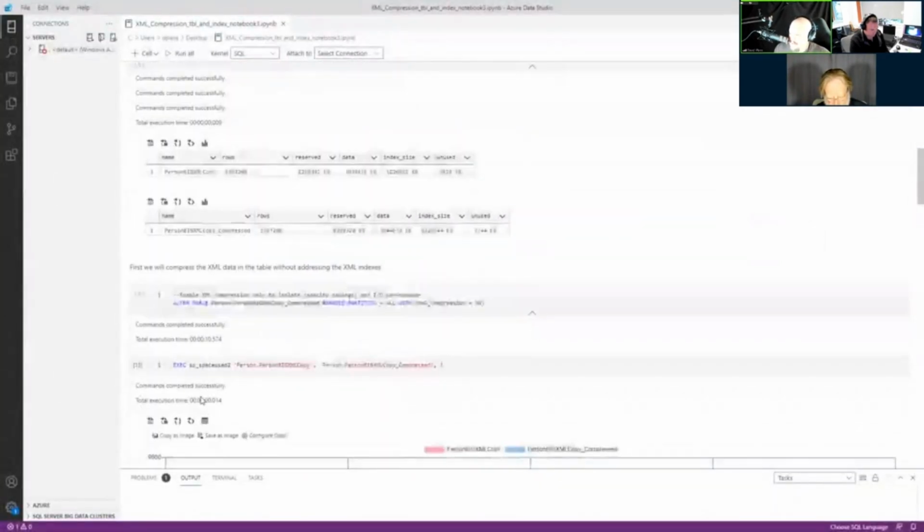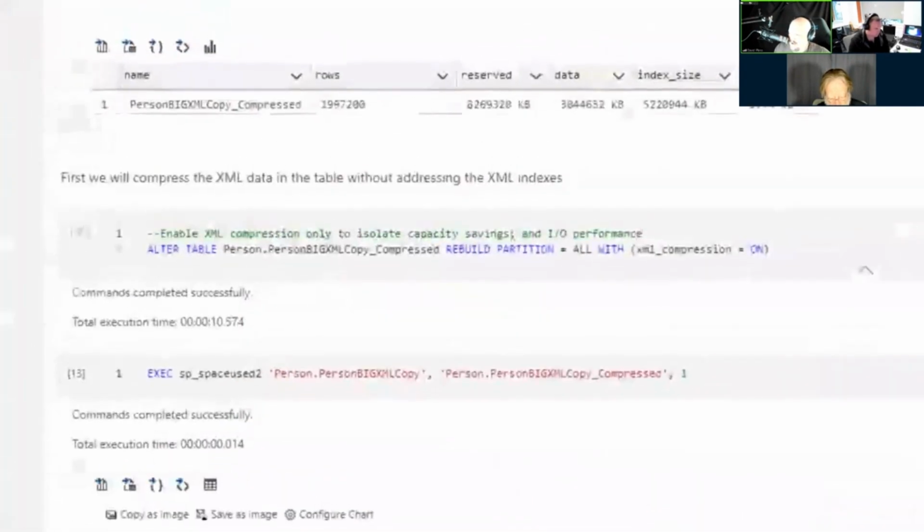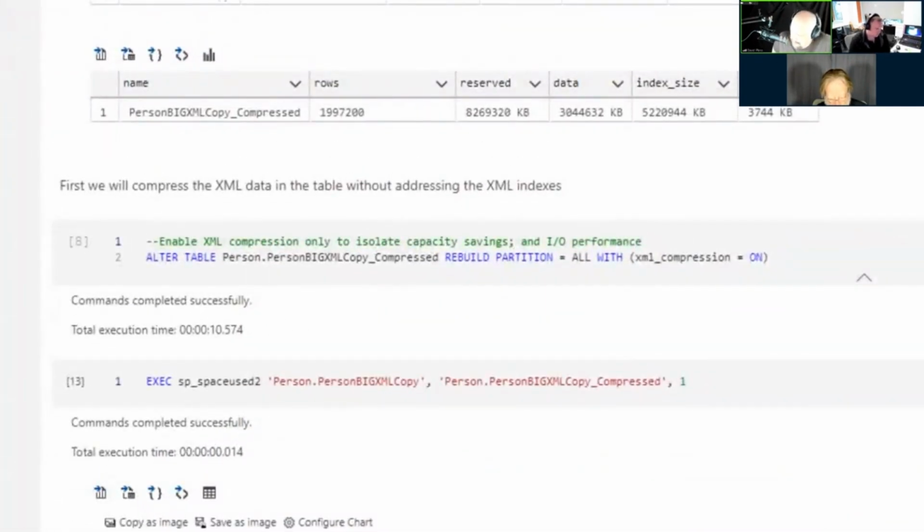In the next step, I did an ALTER TABLE REBUILD PARTITION ALL with XML compression on. Now, you may say, wait a second, what about in-row, and page compression? That hasn't been done. I wanted to isolate XML compression, and I'm also doing it at the table level first, not the indexes.